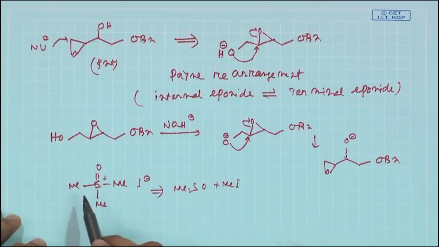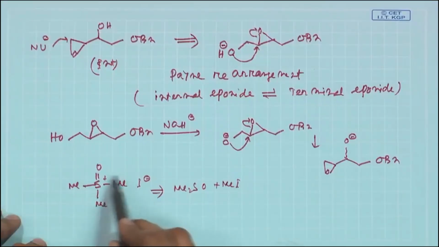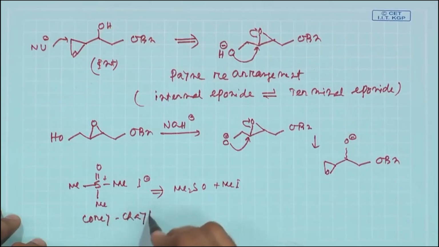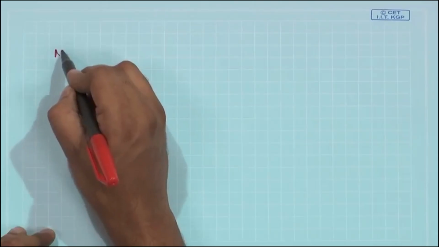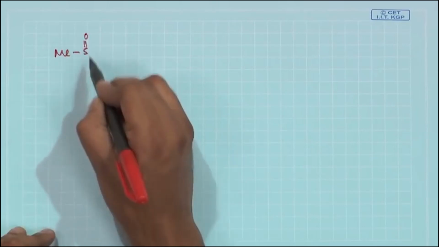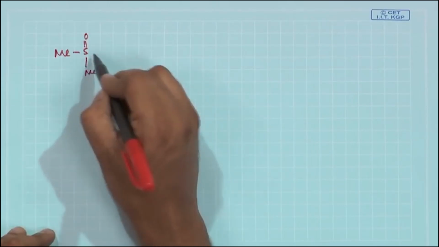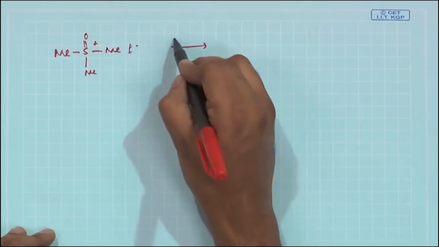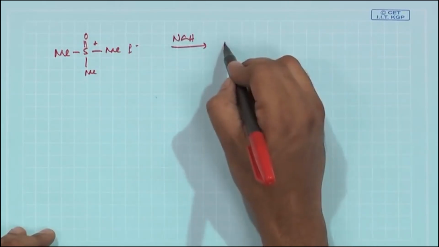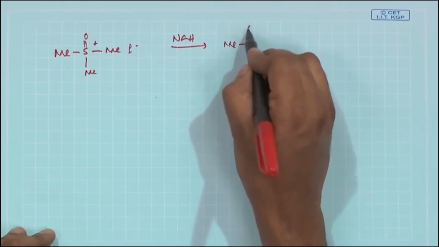Now, a similar compound, trimethylsulfonium iodide, we use in the Corey-Chaykovsky reaction. Okay. Now, I say this particular compound we will be using as the external nucleophile. The structure is like this, and if you subject this compound to sodium hydride, this will instantly give you the corresponding